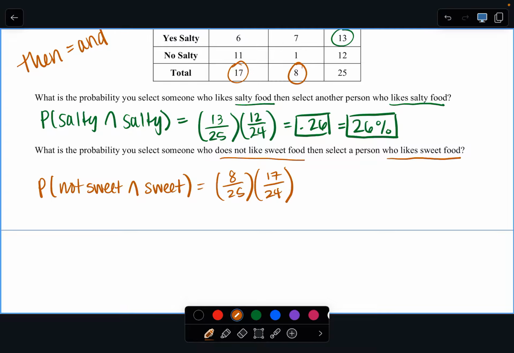And so in the end, we get 0.2267, 22.67%. And that will be my last thing. Now, you will have a math lab